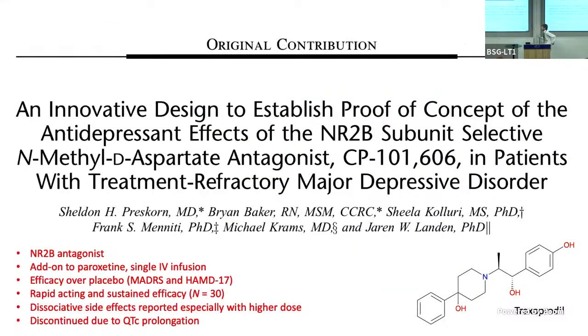Okay. A number of these NR2B antagonists have also been evaluated in human clinical research. This one, traxoprodil, is really interesting to me because it's the only one I'm aware of that did show decent efficacy in a phase 2 trial. What's really interesting about this, it was discontinued not for efficacy, but for QTc prolongation.